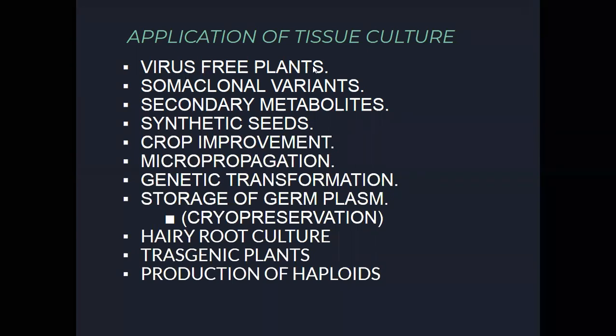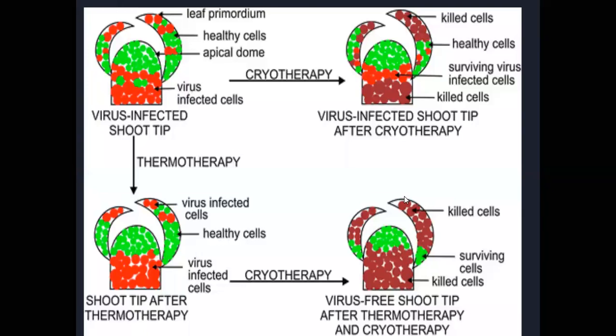Production of virus-free plants, production of somaclonal variations, production of secondary metabolites, production of synthetic seeds, crop improvement, micropropagation, genetic transformation in plants, storage of germplasm called cryopreservation, hairy root culture, transgenic plants, and production of haploids. So first point is production of